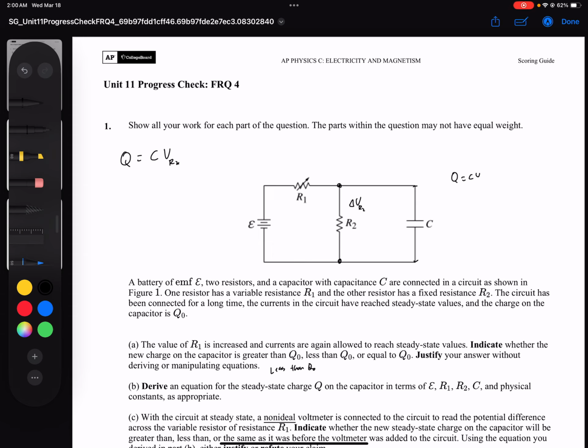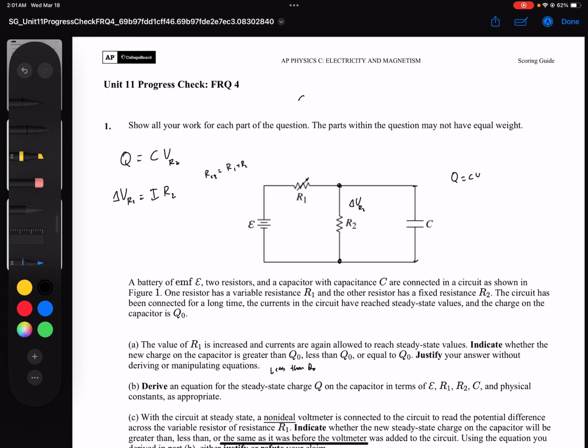So now I just need to come up with an expression for the voltage drop across R2. So delta V for R2 is equal to the current going through R2 times R2. And I know that the current going through R2 when it reaches steady state is basically the current going through the battery. So the equivalent resistance of these two resistors is, not R1 over R2, R_eq is equal to R1 plus R2, okay? And then R1 over R2 is going to come up when we look at the current through the circuit,